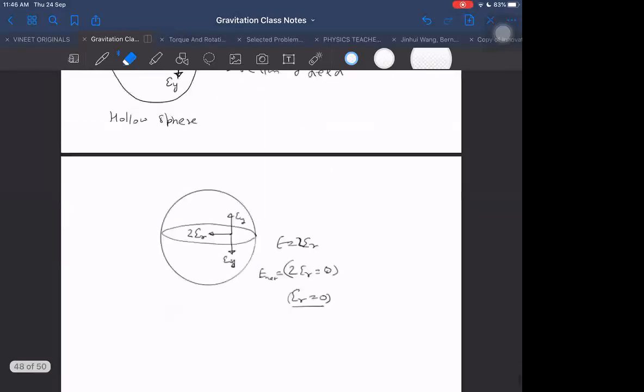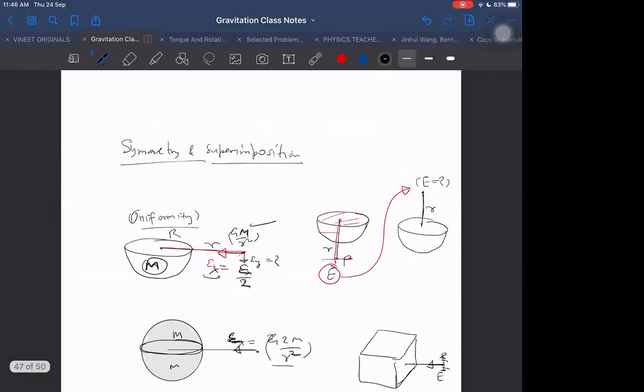One more question, the one which I left here. Tell me, what is the field at this place? Let us call one field E1. E1 is given to you. What I'm asking you is to find E2. Let us take its mass to be m, and in terms of mass m and distance r and E1, you have to find E2.